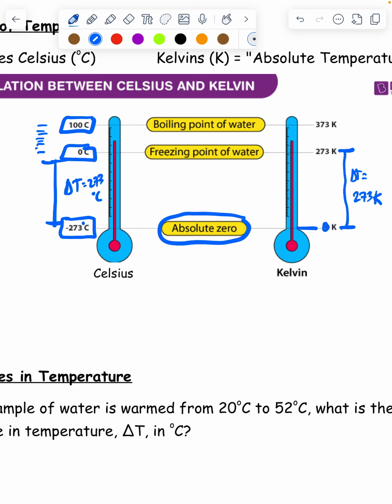So when you look at change in temperature, it actually doesn't matter if you're in Celsius or Kelvin, the change is the same. But when you're talking about actual temperature values, individual temperature values, you can see that the Kelvin value is always 273 higher than the corresponding Celsius value. So if it's 0 degrees Celsius, it is 273 Kelvin. That value, 0 degrees Celsius and 273 Kelvin, is known as standard